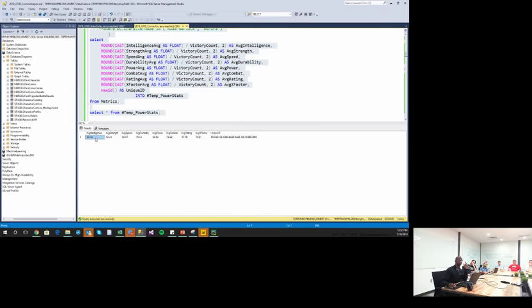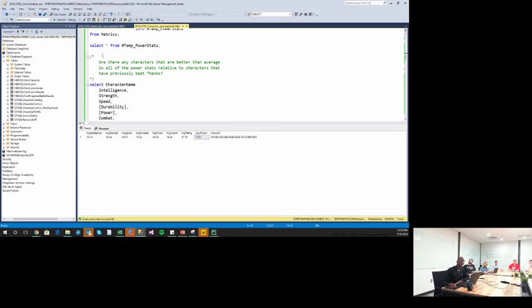So on average, their intelligence is 70 out of 100, strength's around 60, speed 60. Durability is the most important category at 75. Then we have power at 68, combat 75, and the overall X factor, which is their max potential, is 73. So on average, if you're part of an effort to defeat Thanos, these are your power stats. This is the baseline for what we're looking for in heroes to defeat Thanos.